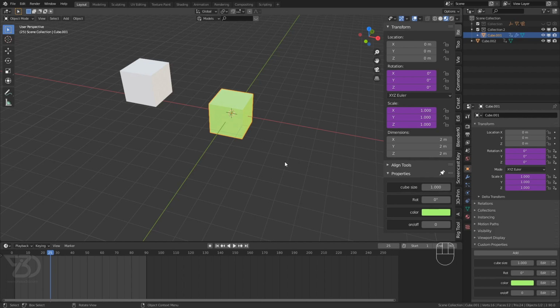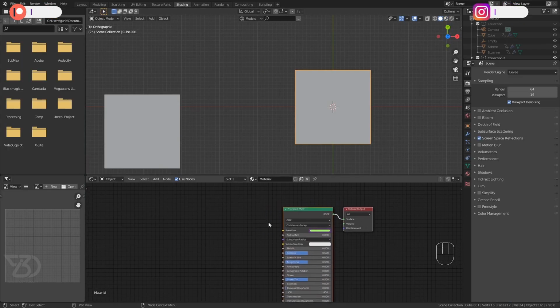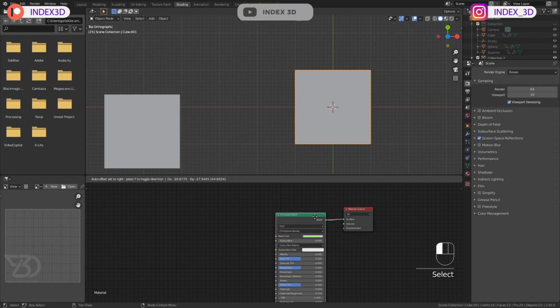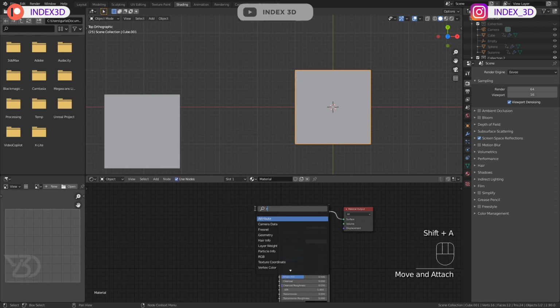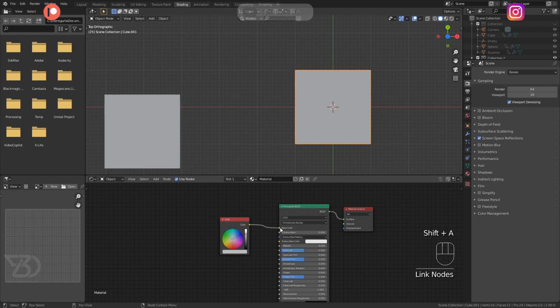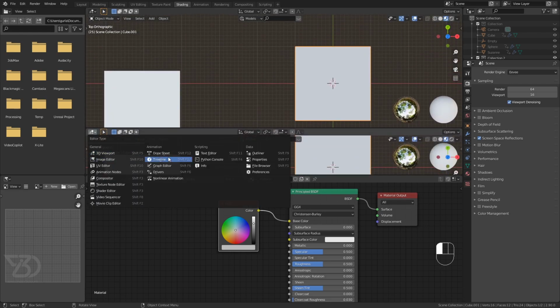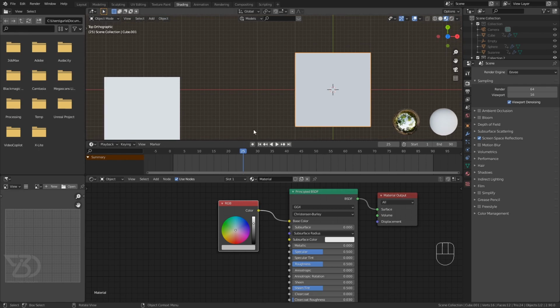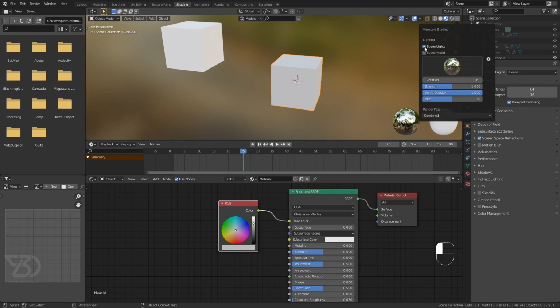Where I like to use it is mostly the color, because in this color, if I go to the shading tab and let's animate this value, not this because it's a driver, so I will animate a different value. So add an RGB node, and now if I animate this value, let me open up one more tab for the timeline so we can see it. Okay, I will just unhide everything.